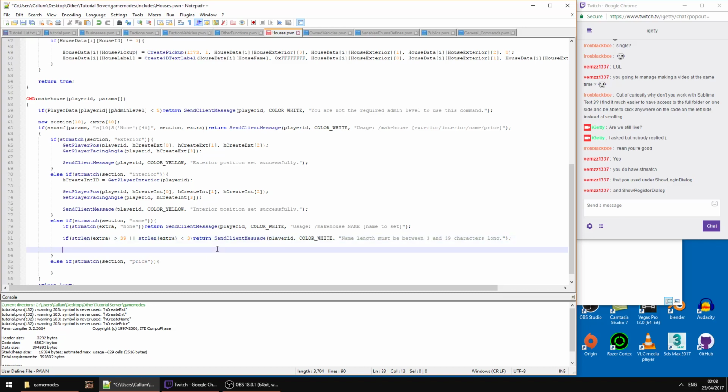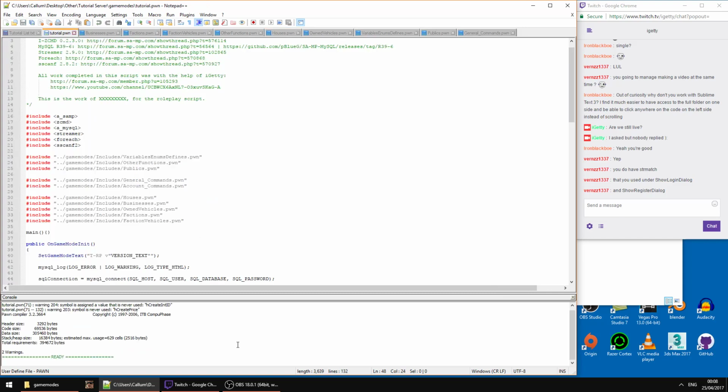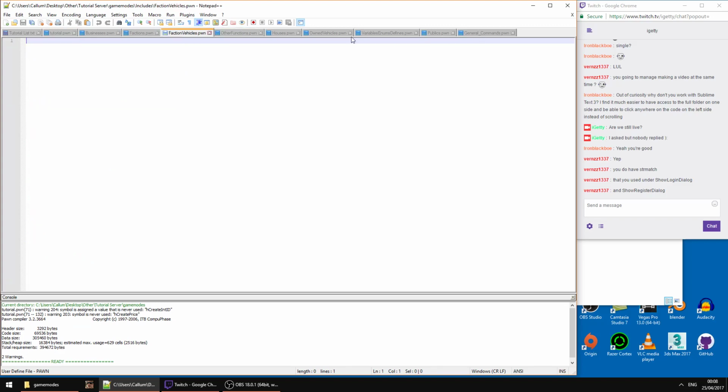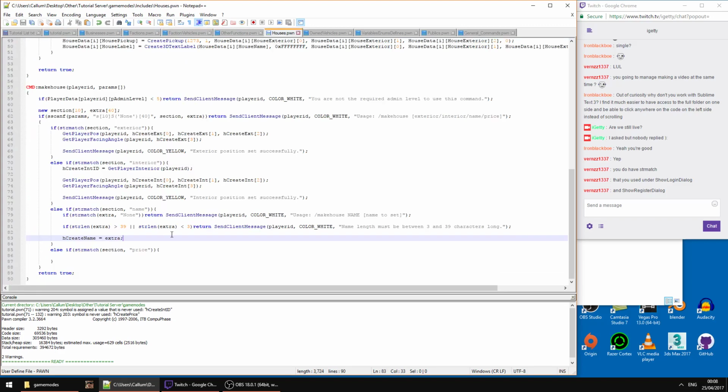Then all we need to do is hcreate name is equal to extra. I'm not sure if that will work without formatting. Yeah, that okay. This is